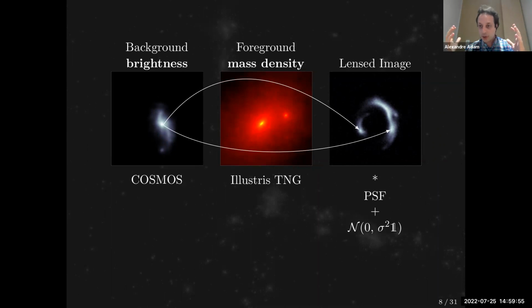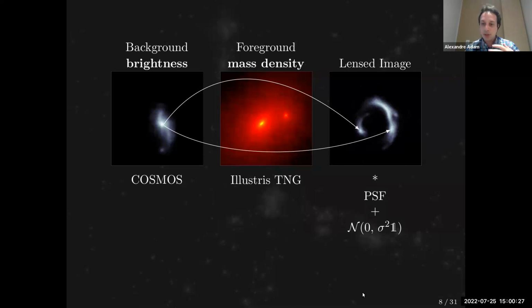Can we actually reconstruct a full image or any kind of distribution just from the shape of these lens images? You can see here our setup for our simulation. We've collected galaxy images for our background sources that come from the COSMOS survey, HST images. And we've collected mass distributions from a hydrodynamical cosmological simulation, in this case IllustrisTNG, to get realistic foreground images.